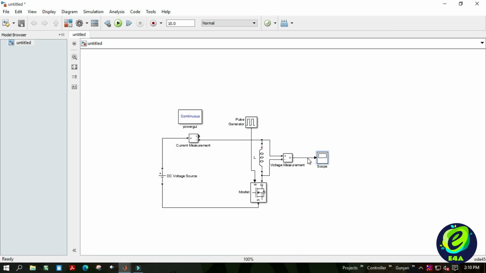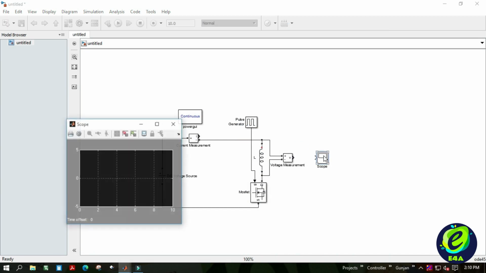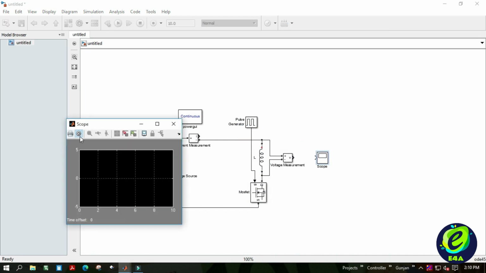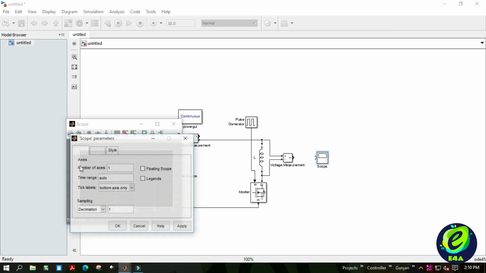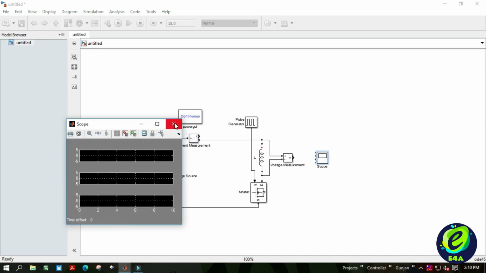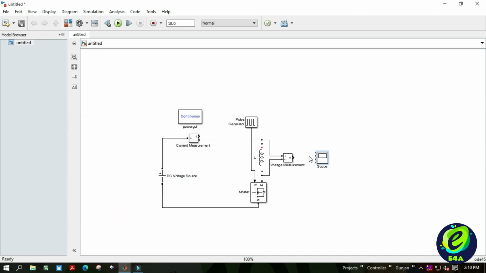To change the number of axes, double click on the scope to open it first and click on this gear icon to enter the configuration wizard, and instead of this 1, change the number of axes to 3. Connect the first input of the scope to the pulse generator, second to the voltage measurement block, and last to the current measurement block.